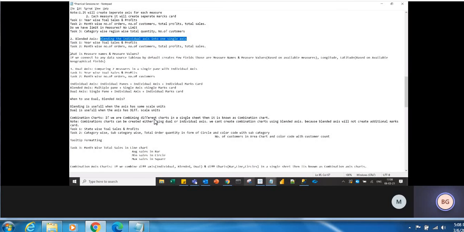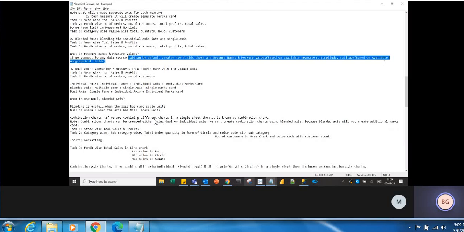And here you see the measure names and the measure values that we had seen just now. Alright. So if we connect to any data source, Tableau by default creates a few fields like measure names and measure values based on the available measures. Okay, and even latitude and longitude it will generate based on the geographic fields, and these are used in blended axis by default by Tableau.